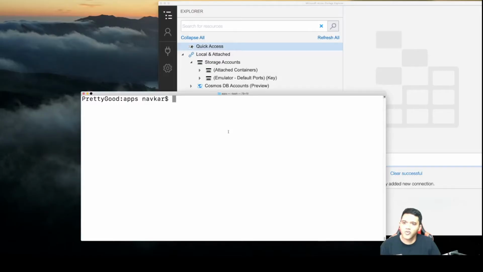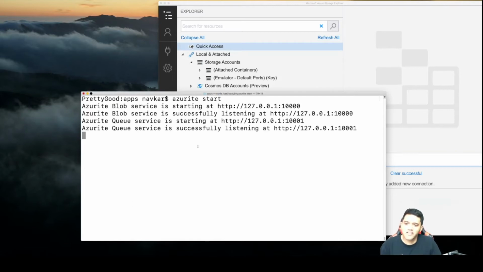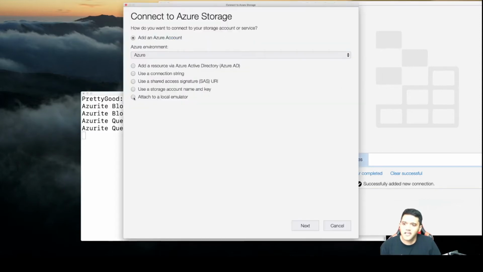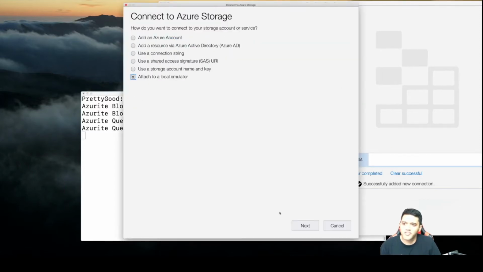So I'm going to show you how to connect to an Azurite instance. Start Azurite by saying azurite start, and once Azurite is started, go to your Azure Storage Explorer, click on the connect icon, and select attach to local emulator, the last option.